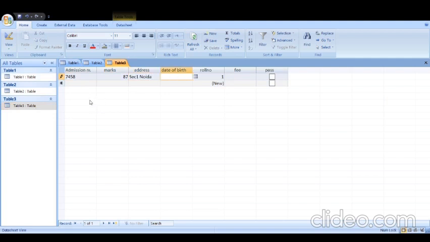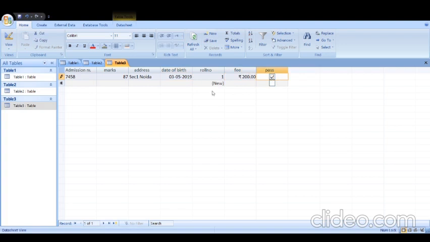Then I have to click here to choose the date of birth. By clicking on it, you can go back to whichever month you want and choose the date. Roll number I have not written; it is coming by default as 1. I have written a 200 rupee fee. Pass yes.